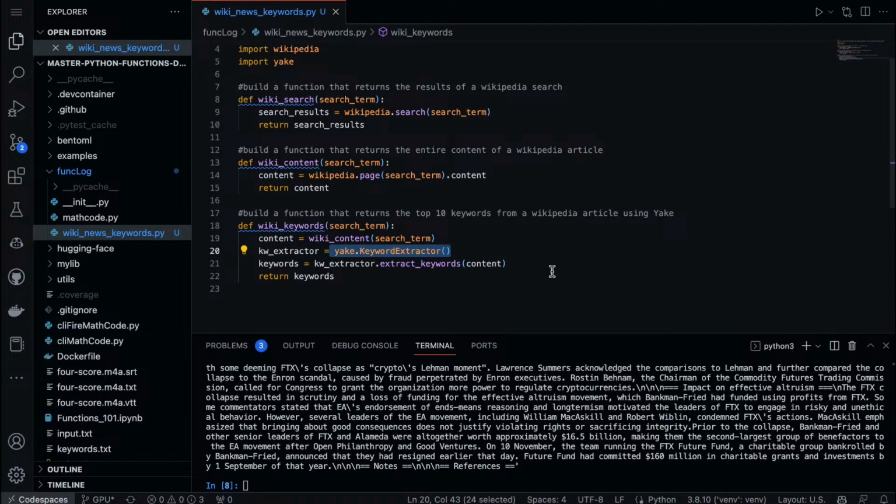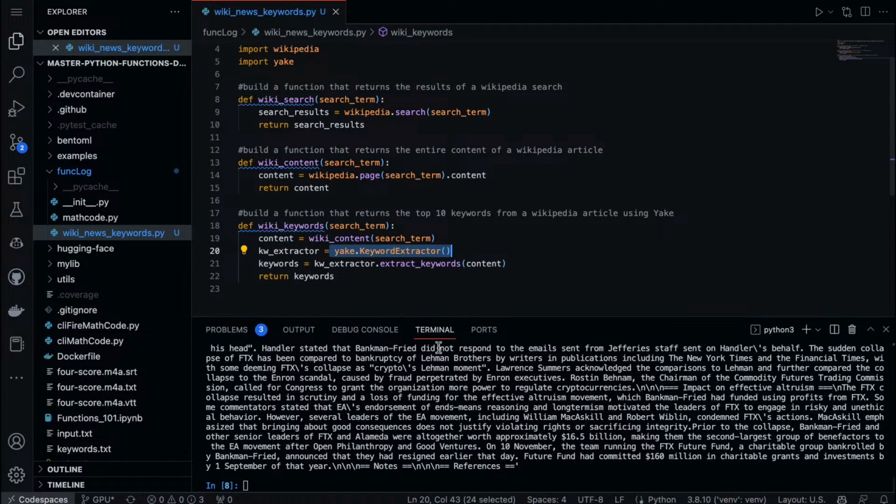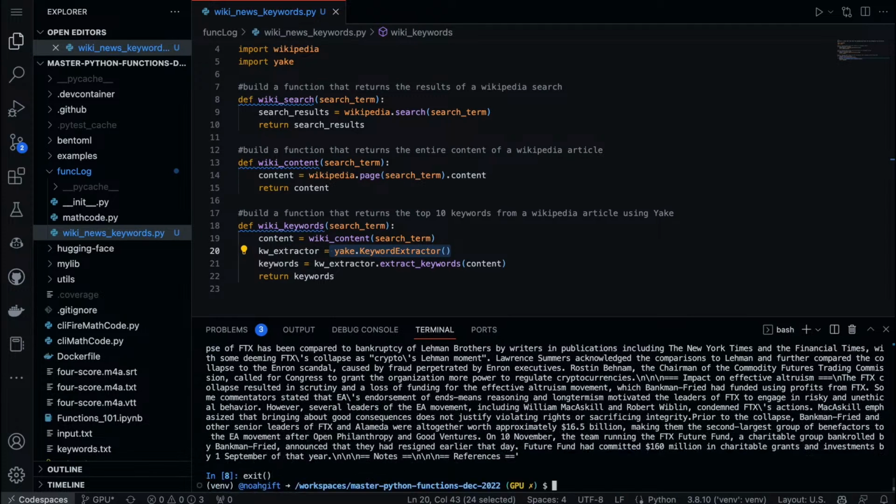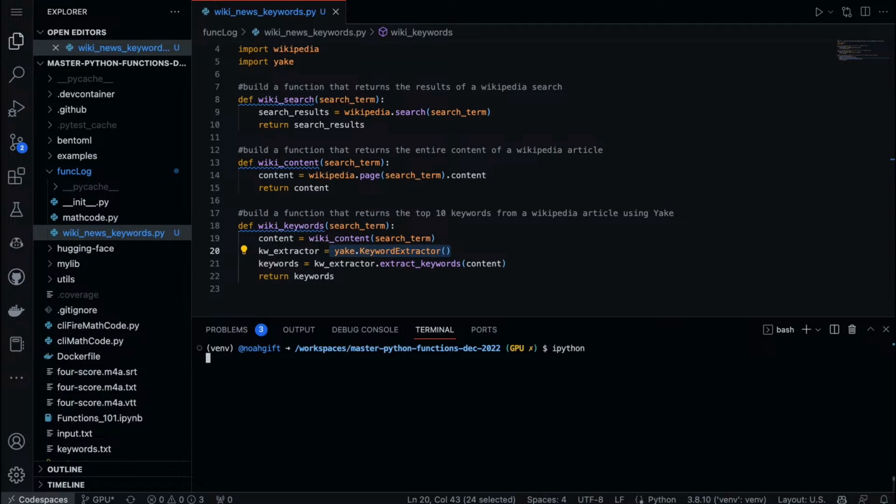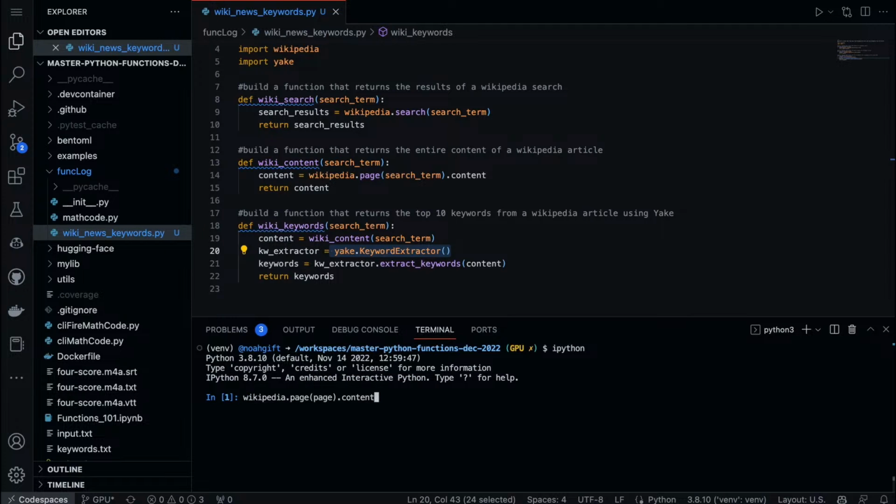So the way to try this out, since we know that this term is actually good, the bankruptcy of FTX, what we should be able to do is just pass that in there. So let's just copy that, and let's get out of here. Let's say exit, and we'll go to IPython, and we'll say the import here.